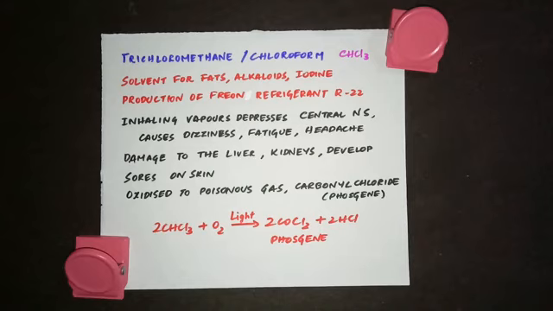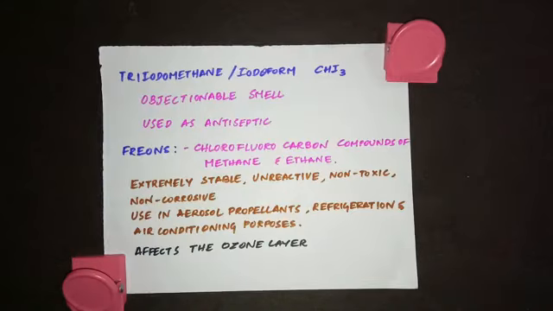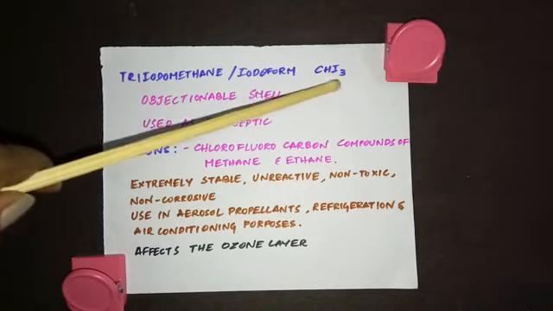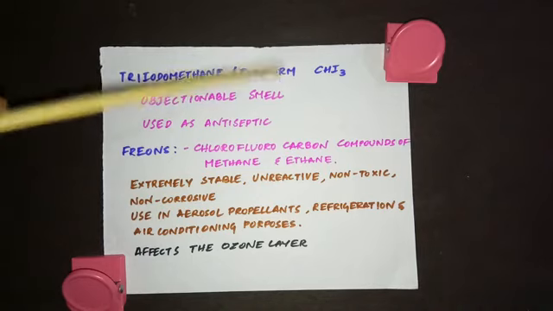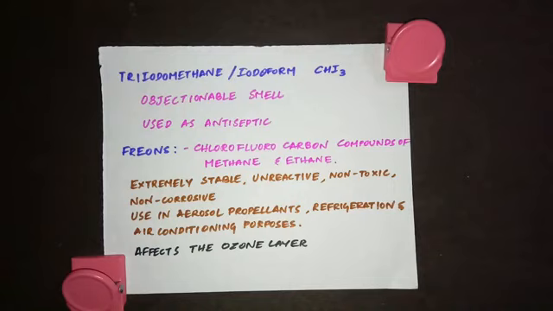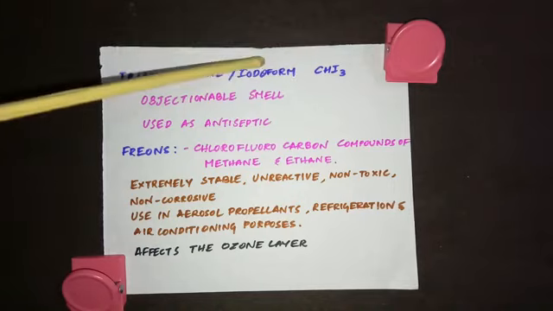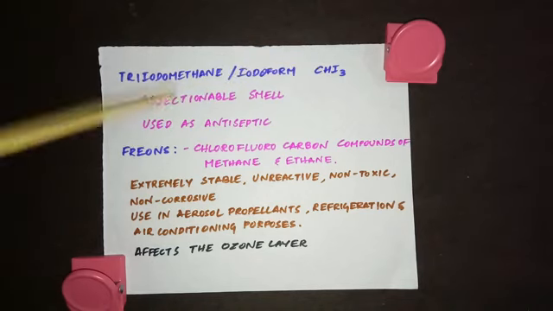Let's move on to the next polyhalo compound. It is iodoform, also called triiodomethane. Three iodines are there, CHI3. Just like chloroform is CHCl3, iodoform is CHI3. It has a very objectionable smell and it is used as an antiseptic. Antiseptic, it can kill the microorganisms. When you get hurt, usually they used to give you this iodoform. But this iodoform has a healing effect only because of the iodine released from that iodoform. So it is used as an antiseptic, but nowadays because of its objectionable smell, it is not being used frequently.